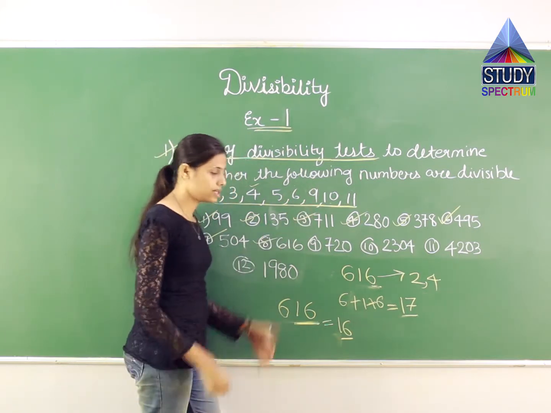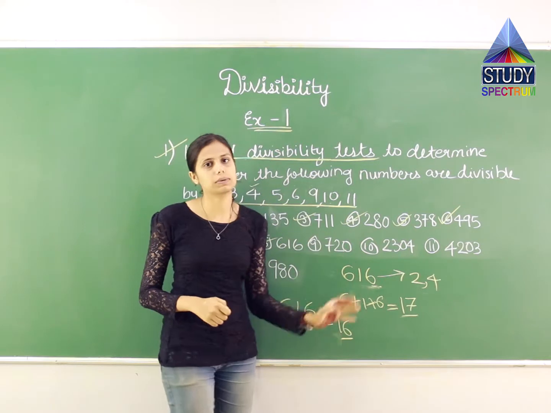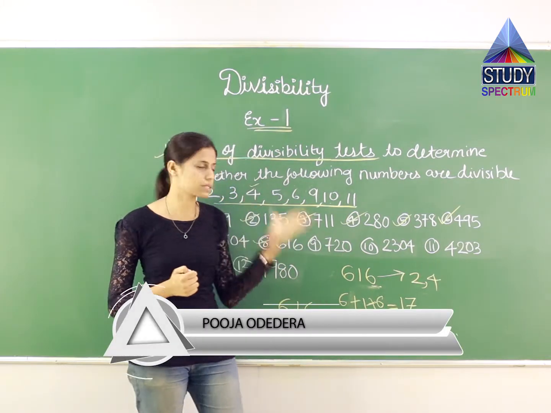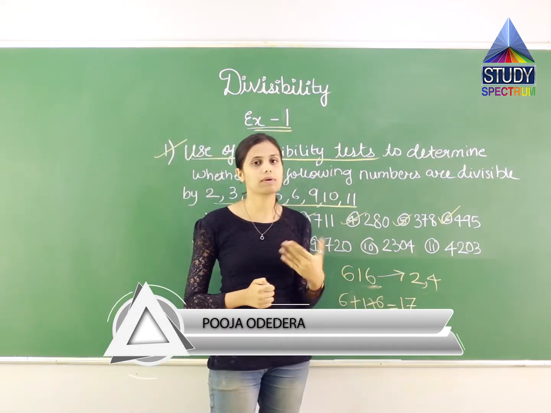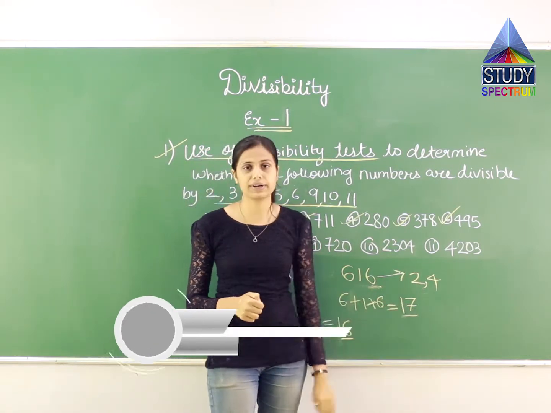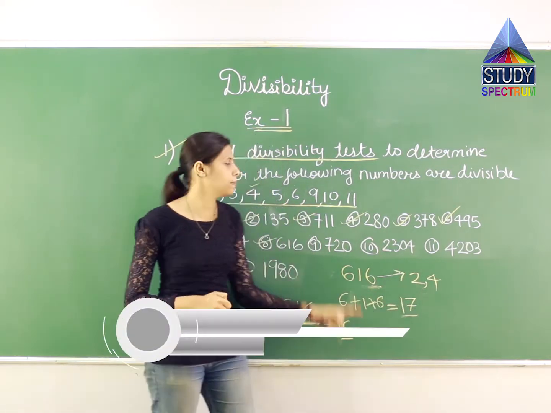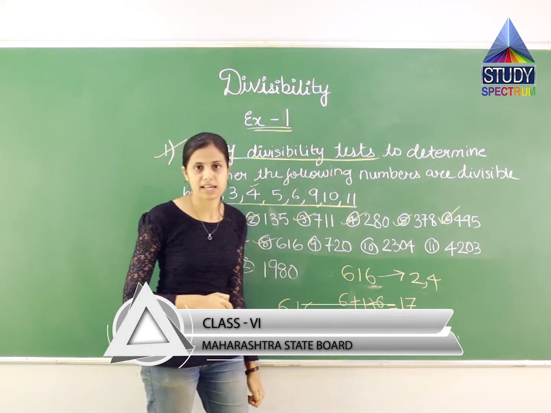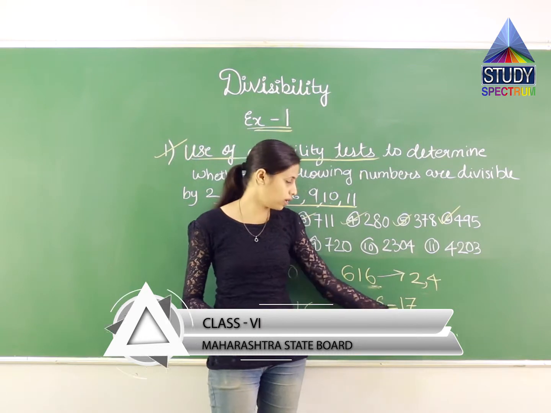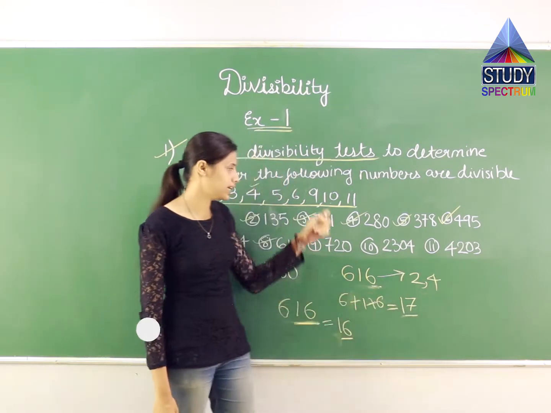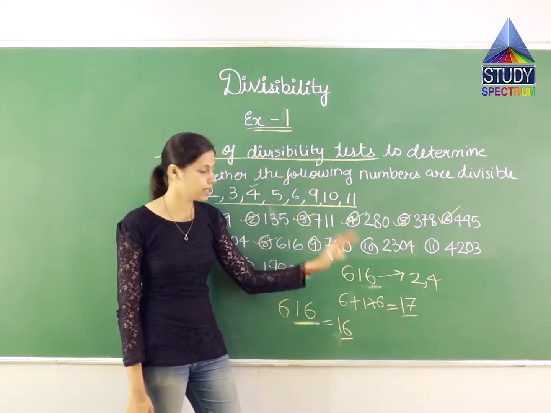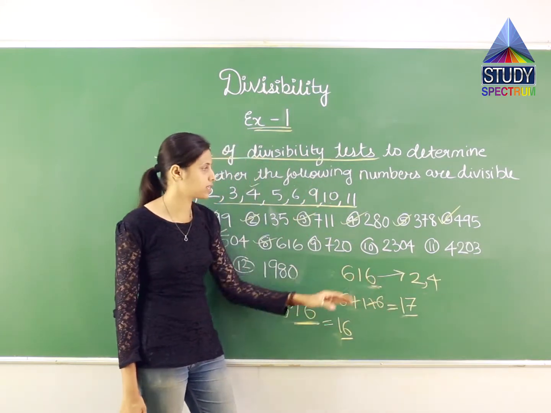Now 9. What is the test of divisibility by 9? You have to find the summation of all the digits. If the sum is divisible by 9, then the entire number will be divisible by 9. So the sum we have already found, right, which is equal to 13. Is 13 divisible by 9? No, right? 13 is not divisible by 9. 9 1s are 9, 9 2s are 18. I don't have 13. Means 13 is not divisible by 9. So I can say that if 13 is not divisible by 9, then this entire number 616 is not divisible